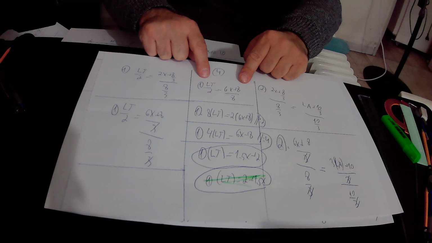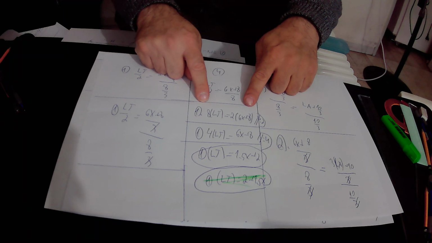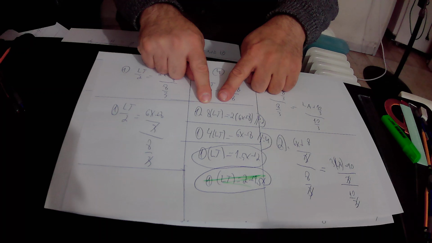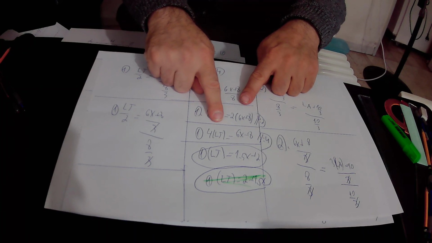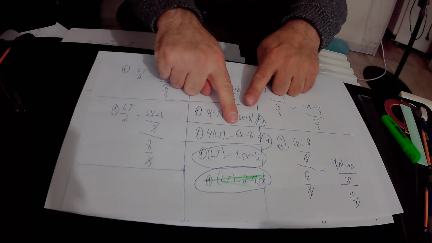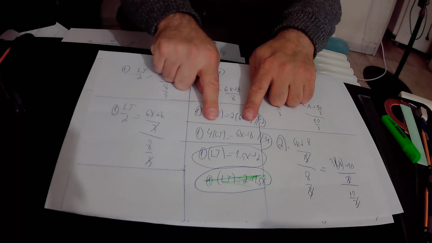Here we must multiply this equation. We found out that 3 times Lt equals 2 times (6x plus 8). Here we divided this equation by 2 and found out that 8 over 2 is 4, so in total on this side of the equation we have 4 Lt. That equals 2 over 2 is 1, so on this side we are left only with 6x over 8. So in total, according to equation number 1, we found out that 4 Lt equals